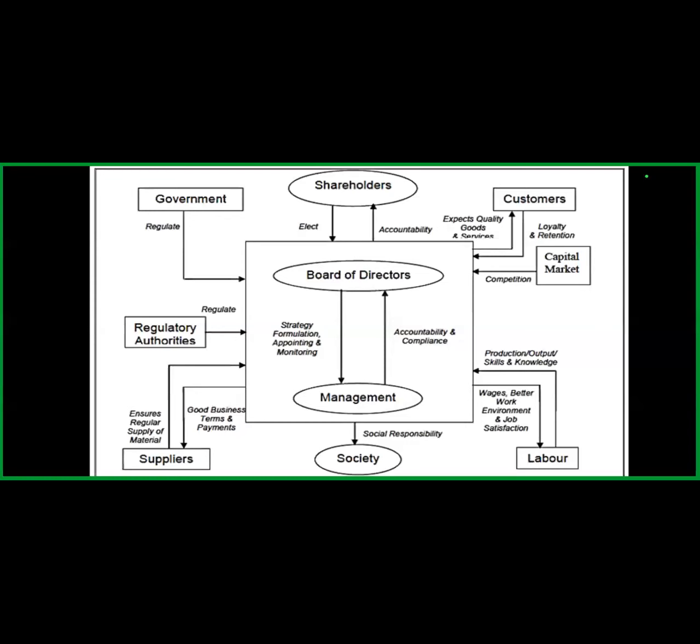Now, you all are aware that it is not voluntary, but now it is compulsory. Earlier, it was voluntary, that it is your responsibility, that should be done voluntarily by the organization. You have earned a profit of, say, 10 crore, 20 crore, 30 crore, 100 crores, or more than that.